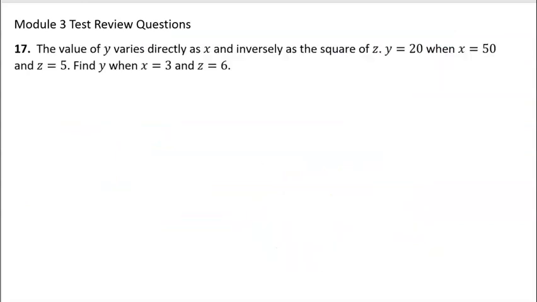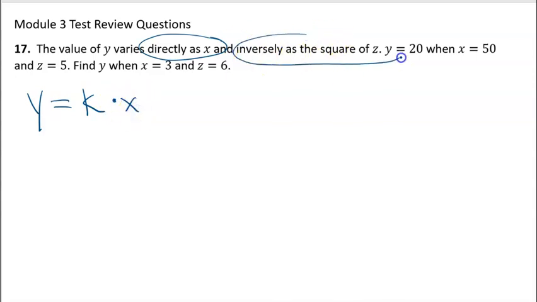The value of y varies directly as x and inversely as the square of z. Oh my goodness. Can we do this? Of course we can. The value of y varies, so that means I need a y equals k. That's what that says. So y equals k, my constant, directly as x. What does directly mean? Multiply. So multiply by x,